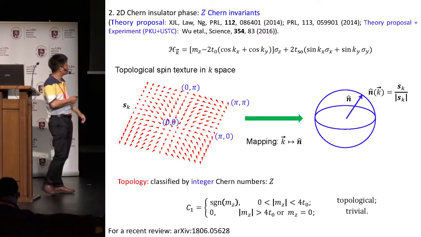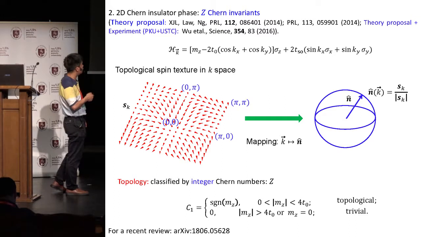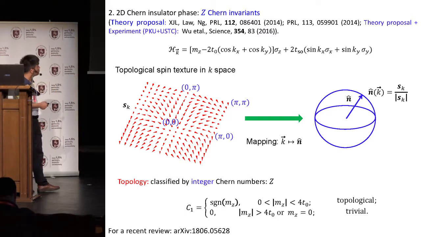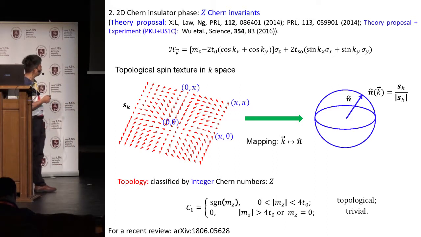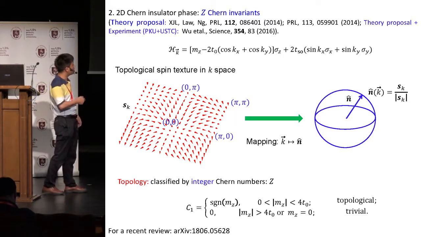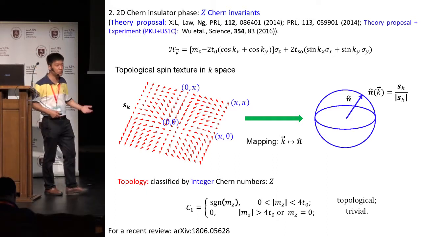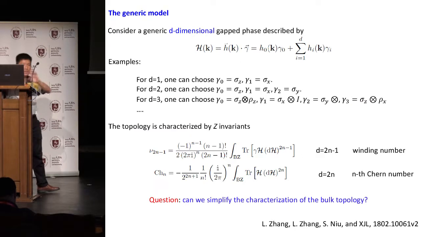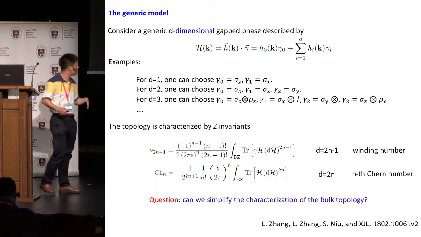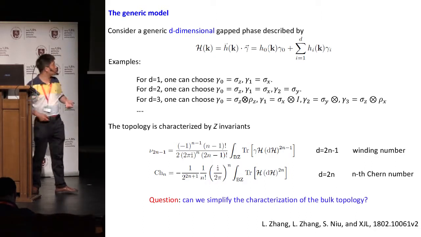Furthermore, you can go to the two-dimensional case. The famous case is the Chern insulator. For this model, you can again find the spin direction as a function of the momentum space. Then you get a mapping from the momentum space to the spherical surface. And if this mapping covers the whole spherical surface, you get a non-zero winding number. So this is the Chern number for the even dimensions. But anyway, the picture is very simple, and I'm not going to talk too much about details. Just now, Nico has given a very nice introduction to the topology, so I don't need to give much more introduction.